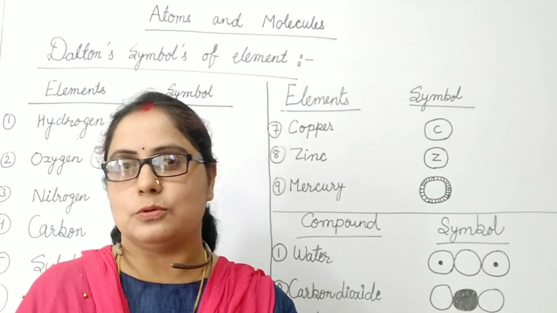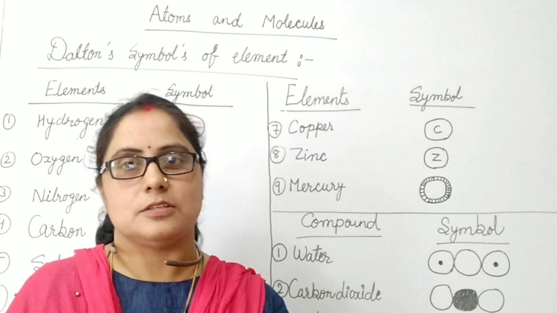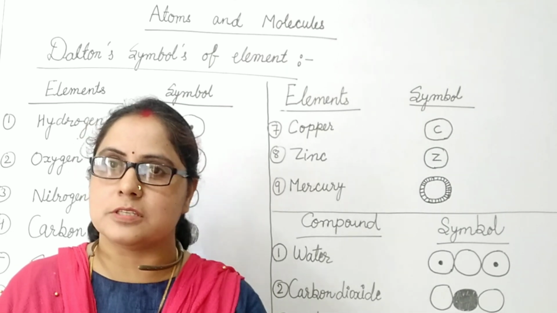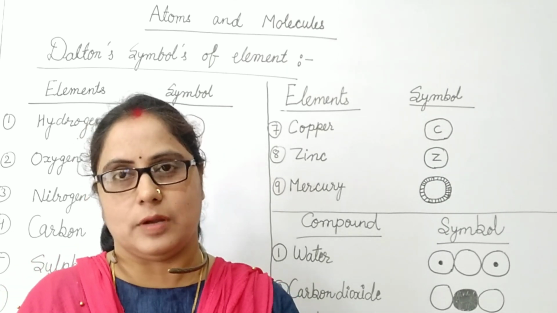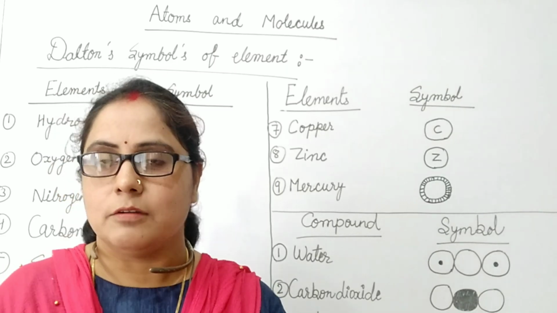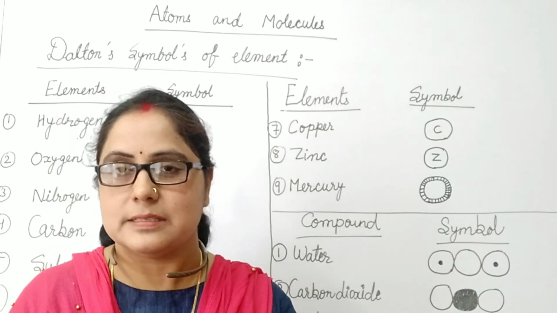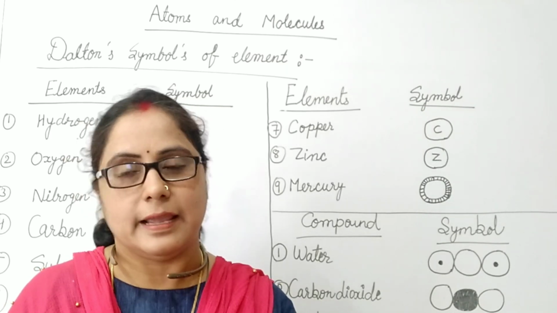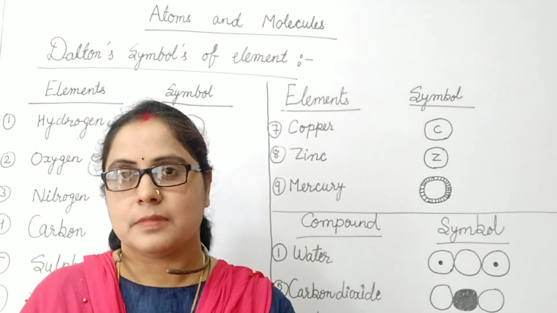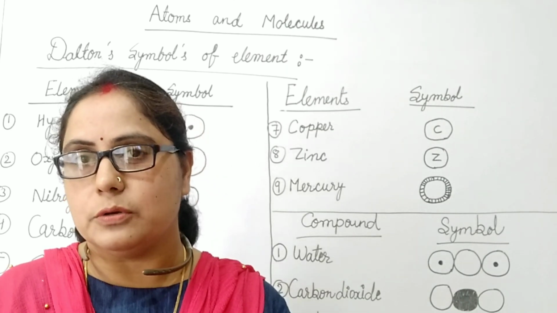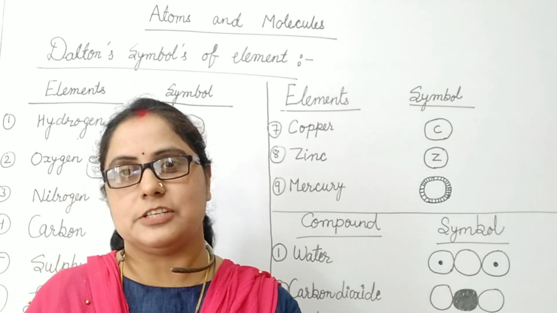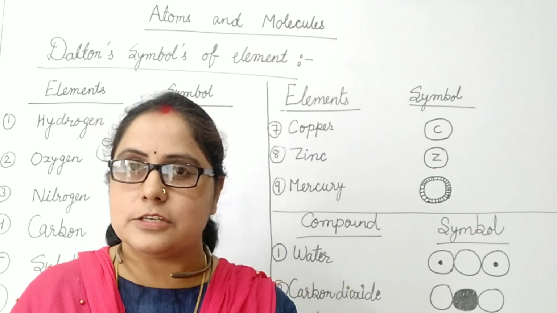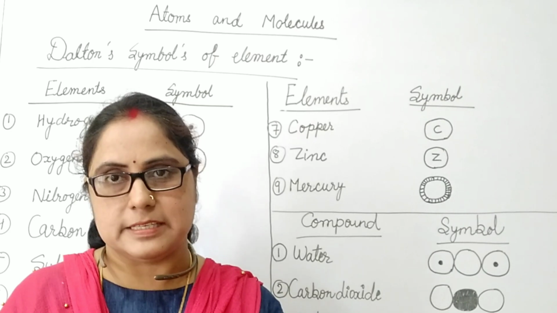Mostly, we want to use the short way or shorthand notation for representation. Like we use UK for representation of United Kingdom, USA for United States of America, CM for Chief Minister, PM for Prime Minister, etc. Similarly, in chemistry, we also use the symbols for representation of elements because the short way is easy to learn and gives simplicity.